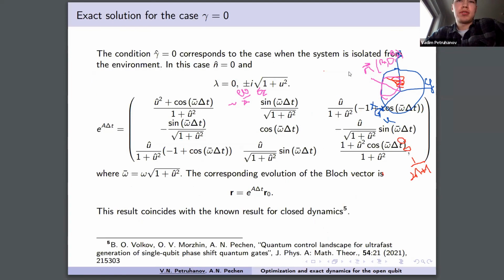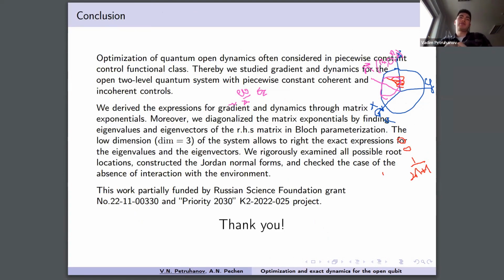So that's all I wanted to say. In conclusion, I would say that we considered the open qubit, which is controlled by coherent and incoherent control. We derived expressions for gradient and dynamics, the matrix exponentials, and also we diagonalized these matrix exponentials by Cardano formula. It was possible because of the low dimension,